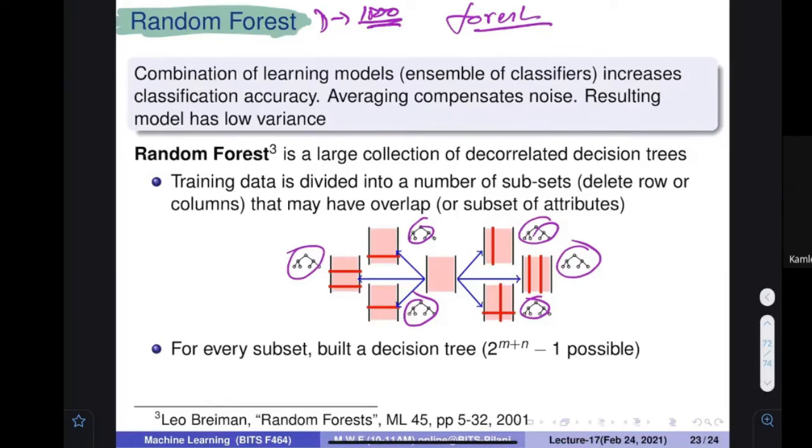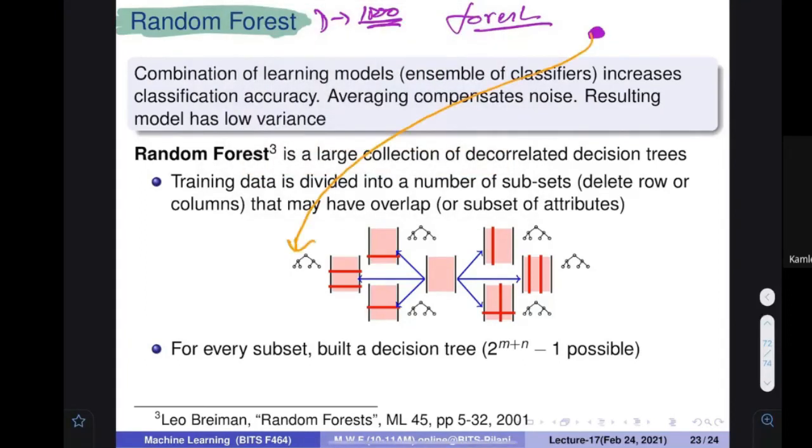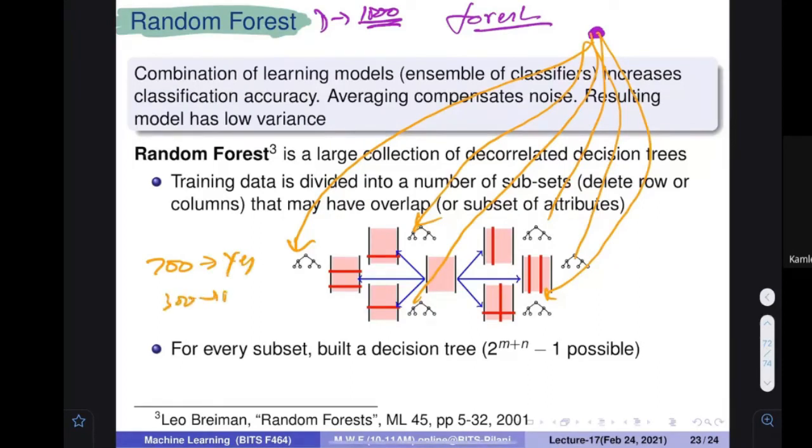Okay, all right, I have done this. But what is my objective? The objective is this: when a new example comes, how should I be able to tell the classification of that particular item? The classification would be obtained by consulting all the available trees. I would find out the classification from all these 1,000 trees that I have created. Let's assume 700 of them are telling yes and 300 are telling no. Then can you tell me what the classification of my item is? Yes or no?